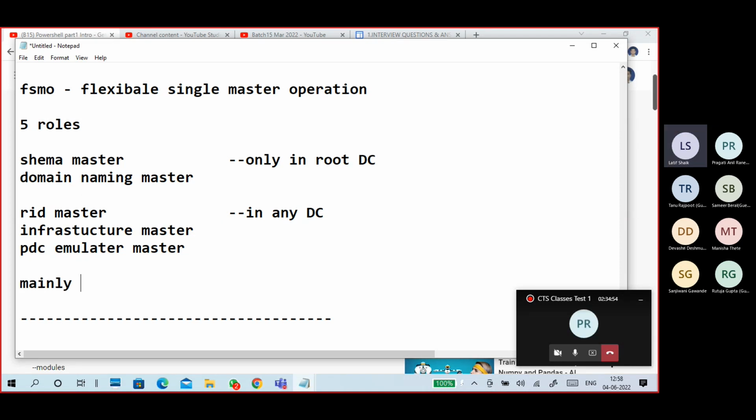Mainly, to put it the easy way, the FSMO roles are in the PDC only, the primary domain controller.